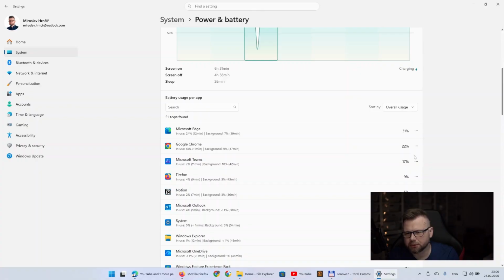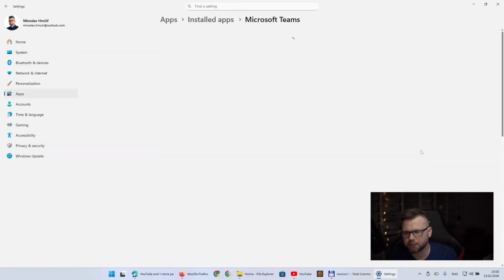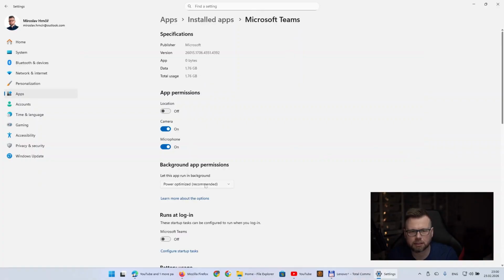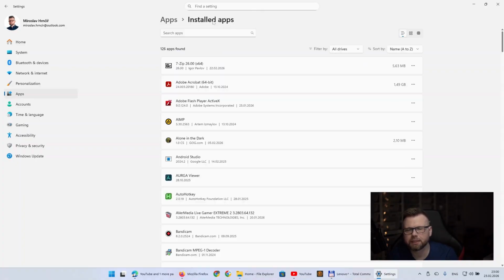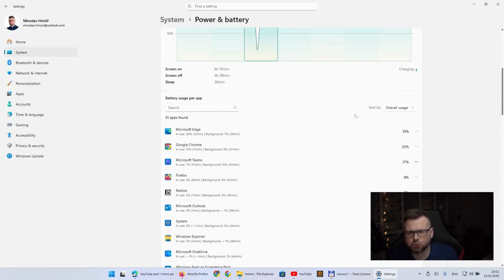In some cases, you can turn off running on background of these apps, like using this 3 dots and then turning it off just right here. But I really do not recommend it, because, for example, in the case of these Microsoft Teams, you will probably lose any notifications, or they might be delayed. So use it very carefully. And by the way, you can choose how it should be